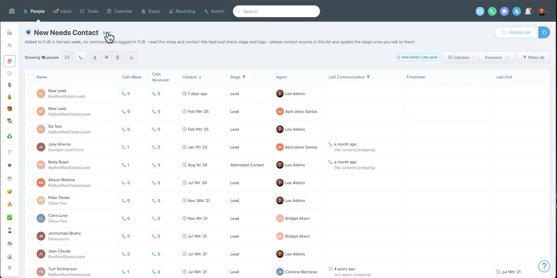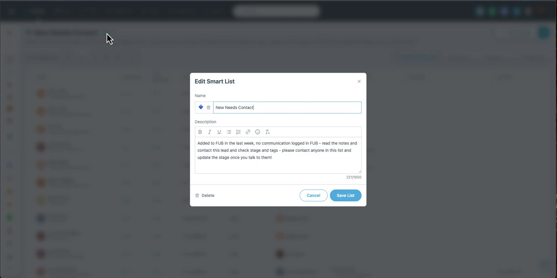Another thing you can do in the individual smart list is hit the edit button. You can change the name or the emoji of that particular smart list, but you can also do a number of things now as far as adding links or emojis or a numbered list or a bulleted list, as well as bold and some additional formatting things. But this is really useful for adding a link to a script, a link to a Loom video explaining how you want agents to work the smart list,